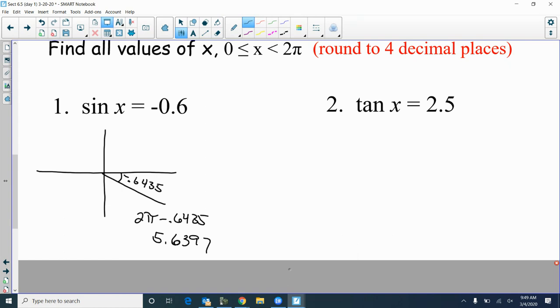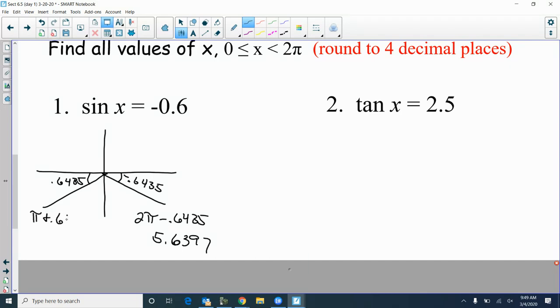5.639. That is coterminal with negative 0.6435. There's a second answer in there. Where's that at? Quadrant 3. What is the reference angle for this one? It is in radians. The reference angle, just drop the negative and make it 0.6435. And how do I get that whole angle? Instead of 180, I take pi